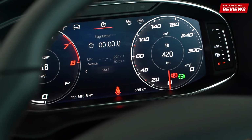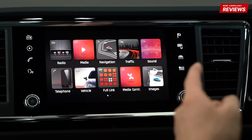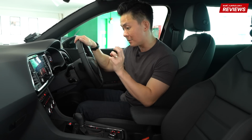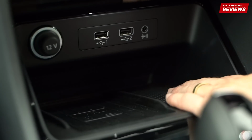You have telephone, Bluetooth, the vehicle information, navigation. You can check the traffic. You can even have an option of checking out or uploading images onto the car's infotainment system. So that's quite cool. Move downwards, you're gonna see 2 more USB ports for the front drivers, more space to